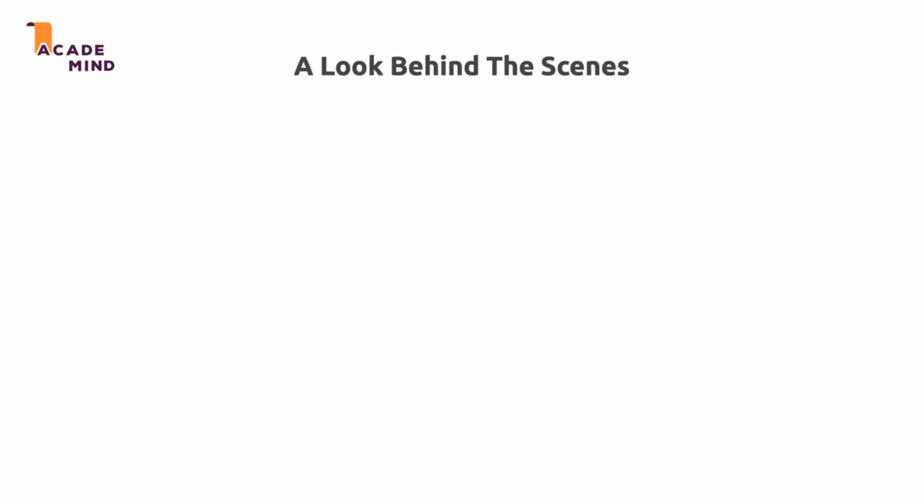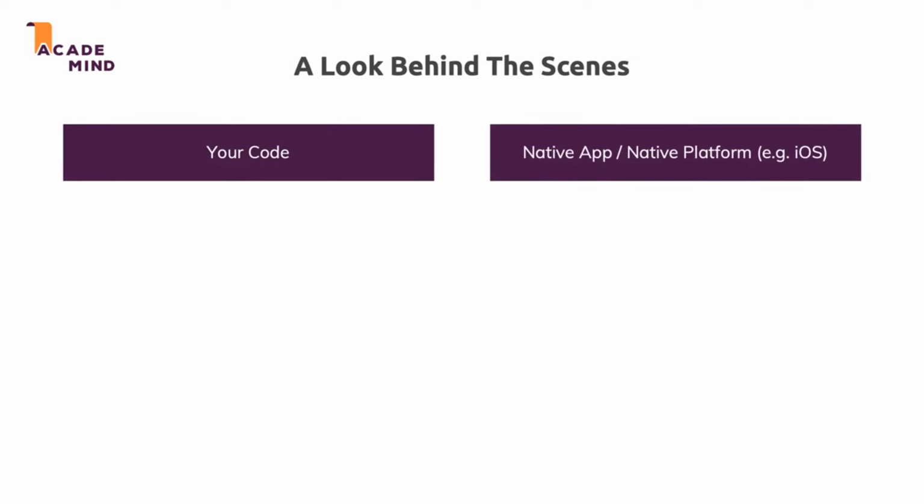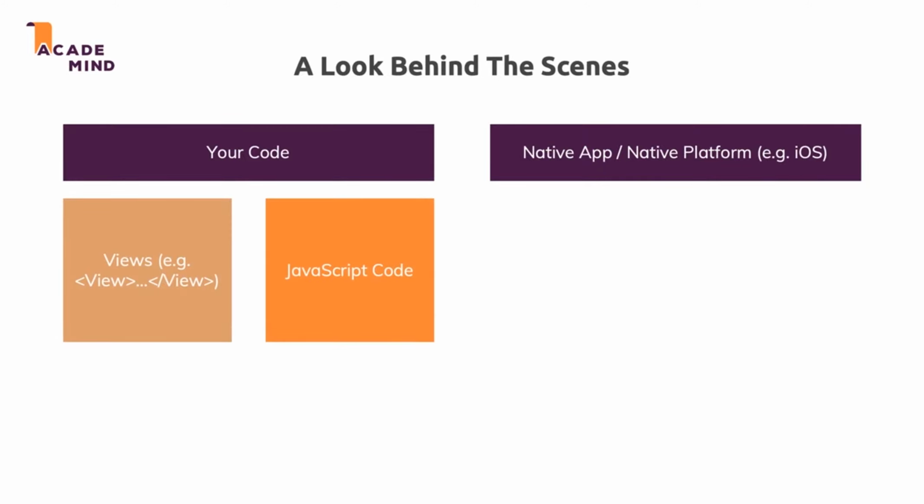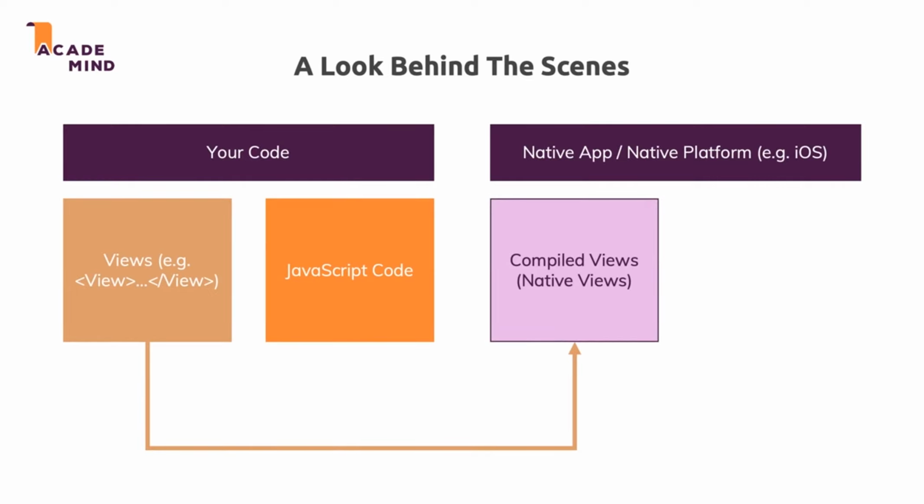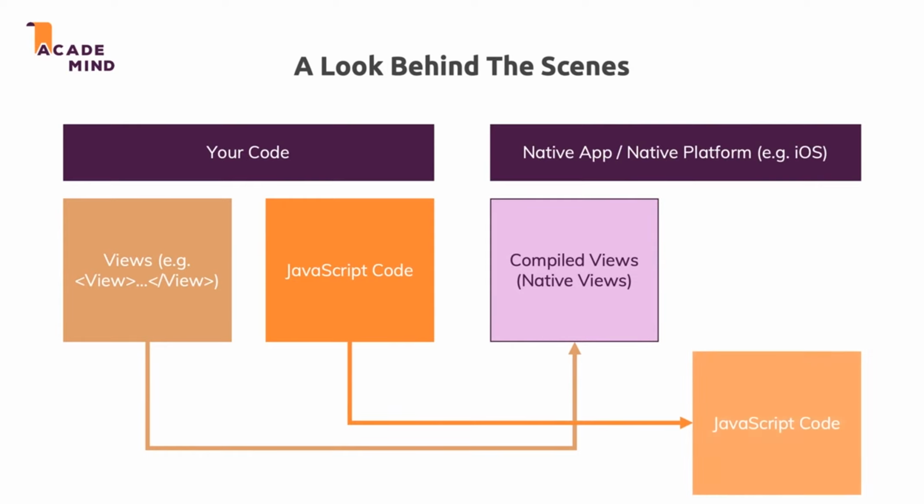You can picture this like this here. You have your code, your app, and you build a native app, and that's running on a native platform. And of course, there you have certain platform features available, like, for example, using the device camera. Now, as already mentioned, your code can be split into 2 things here, your views and your business logic, so the other JavaScript code. Your views are compiled to native views, to native widgets for these platforms. And your code, however, is kept as JavaScript code, and you can tap into native platform features like the camera, because your JavaScript code